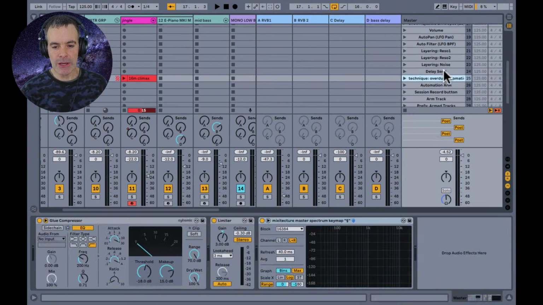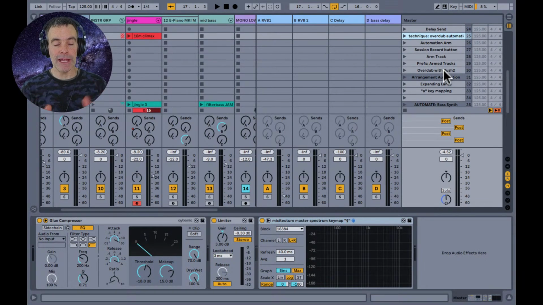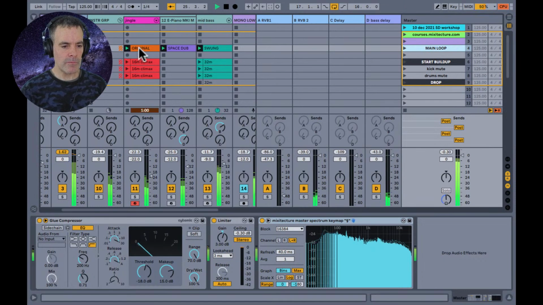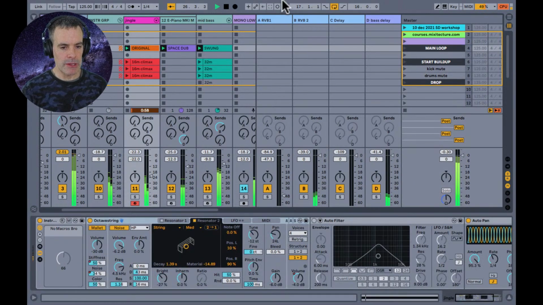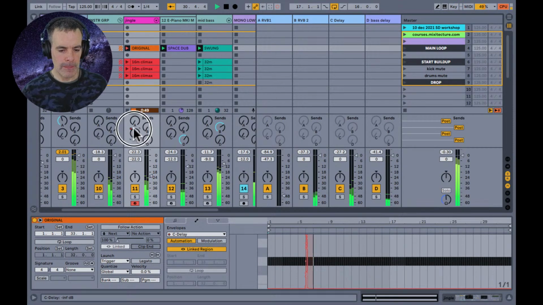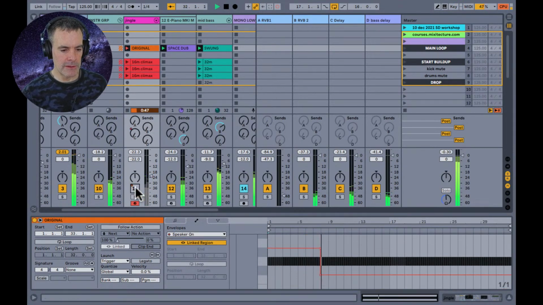So we did the technique of overdubbing automation, which is how you create these sections. So again, from the beginning of the track, I'm up here. There's my original clip. I want to do a little bit of automation. I turn that on. I want to turn on my record arm switch. This clip's ready to go. Throw a little bit of a